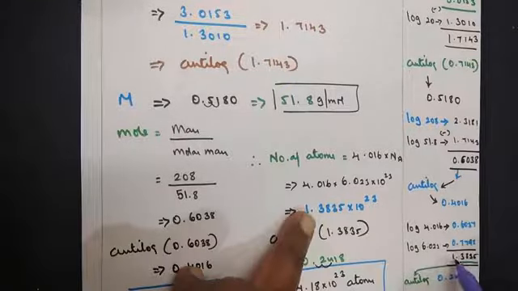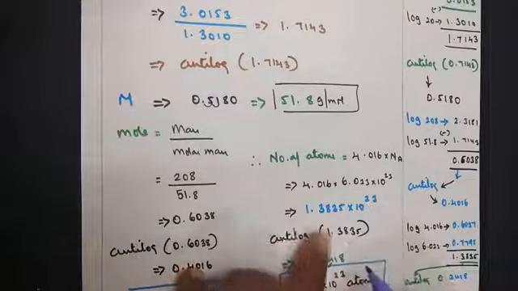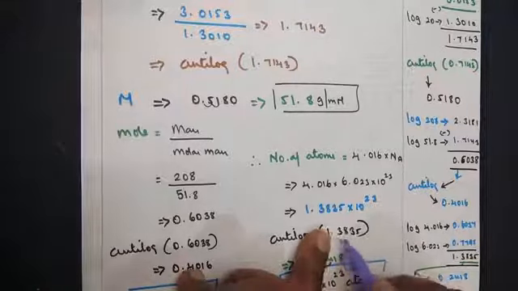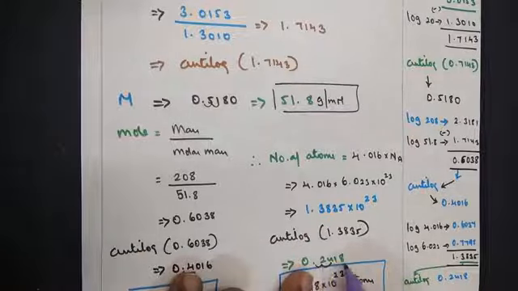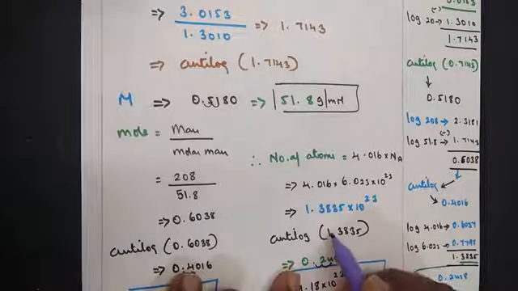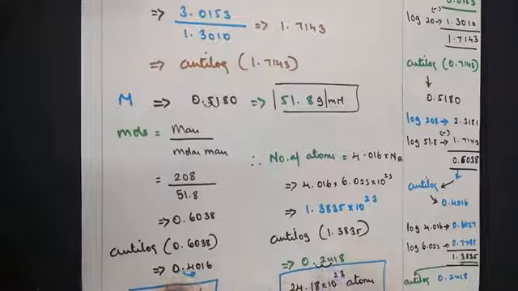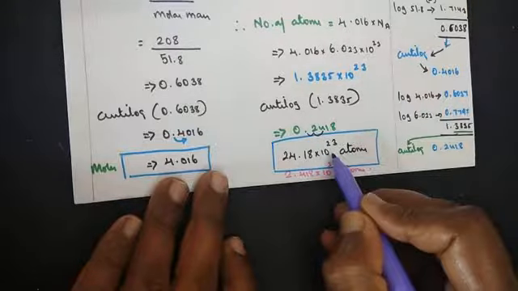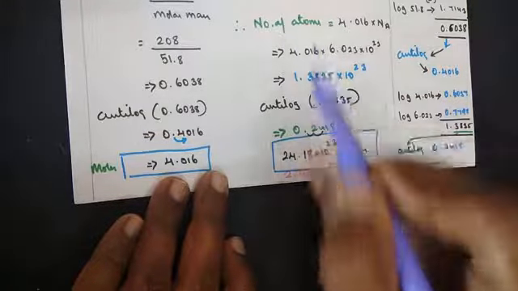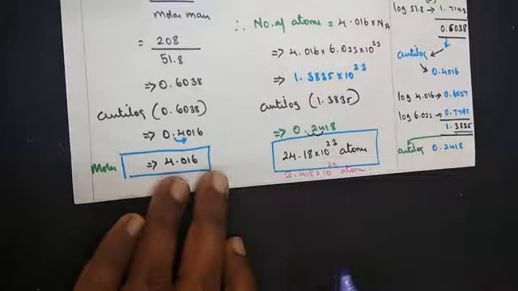Now if you look at it here, we've got 1.3825, and when we add them, we are getting 1.3835. We are calculating the anti-log. When you calculate the anti-log, forget about this 1. Only look for 0.38 and the third column with a mean difference of 5. You get the answer 2418. Now 1 is given. What have you to do? Add one more to it, so it becomes a 2. Move 2 places. So your final answer comes up to 24.18 into 10 to the power 23, which remains as it is, atoms. So number of atoms is equal to 24.18 into 10 to the power 23 atoms.